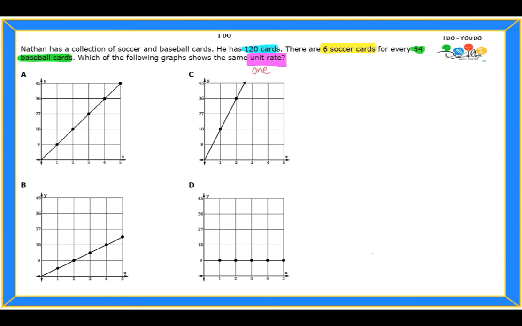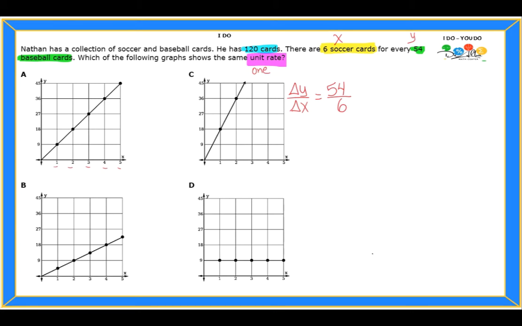So now, if you look at the labels that are given to you, in this graph I only see the X having numbers like 1, 2, 3, 4, and 5. And on the Y, I see 9, 18, 27, and so on. So what we're going to do is say the comparison of the Y and the X, which is change of the Y over the change of the X. I'm going to give those X and Y depending on which number is the largest or the smallest one, right? For example, 6 is a small number, so I'm going to leave it for X. 54 is a larger number, so I'm going to write it as a Y. So I'm going to write down my comparison as